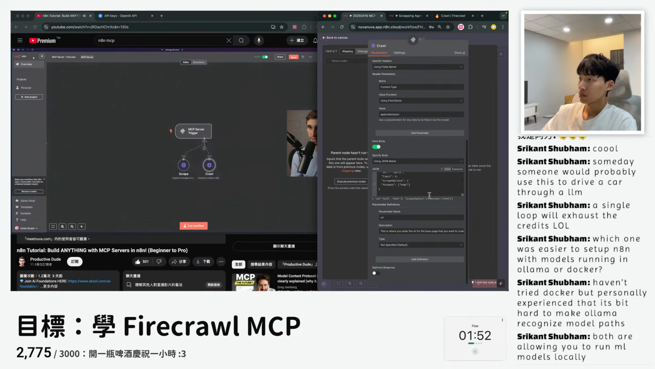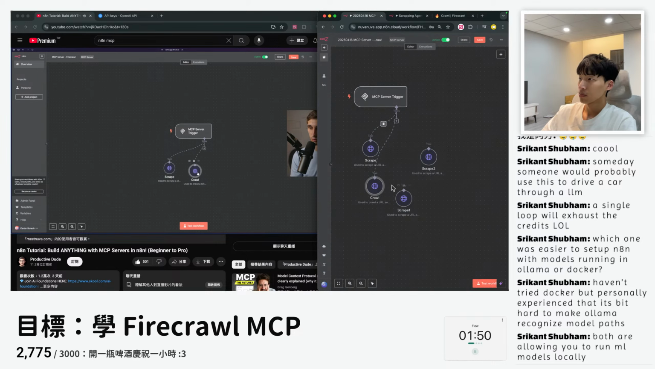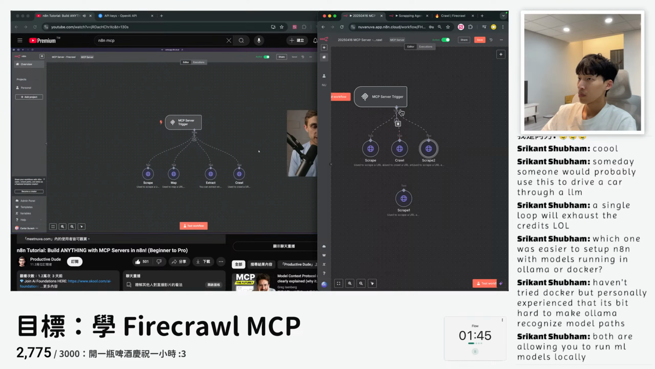So now we'll go back to Canvas and we're just going to repeat this process for the other tools that Firecrawl allows for. Now I built out the extract and